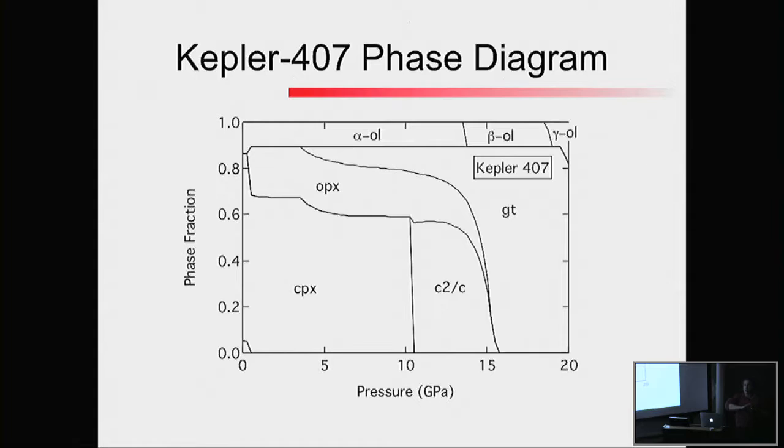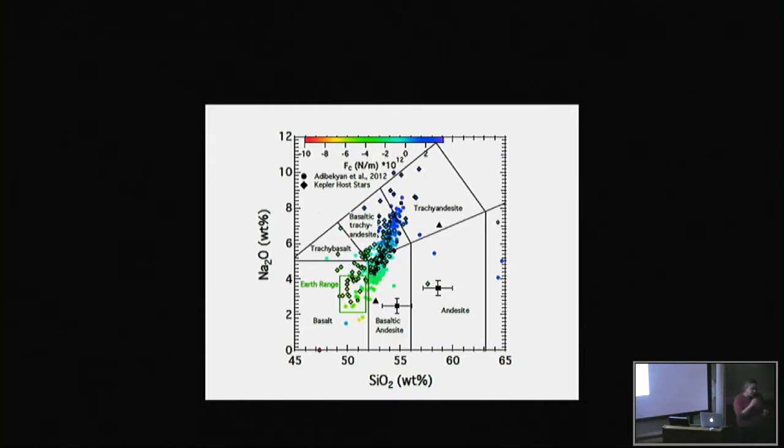So we're not going to answer all the questions here about whether or not plate tectonics can happen on these worlds, but we can answer the question of whether or not it's chemically possible for it to happen. And what Cayman found was that sodium and potassium, the light alkalis, really screw up the ability of the plates to go down. If you have too much of that, it screws up the ability of the plates